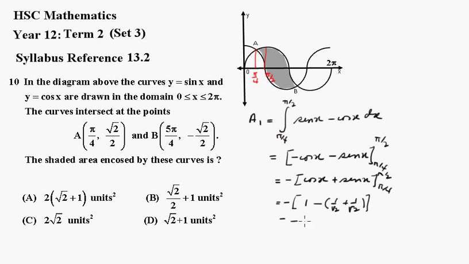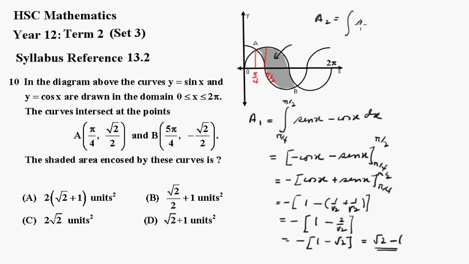So that's minus, so equals minus 1 minus, this will be 2 over root 2. You rationalize that, you're going to just get root 2. So that's minus 1 minus root 2, which of course becomes root 2 minus 1, as that little bit of area there. Now we'll work out this other area here, and area 2 will be the integral underneath the sine curve